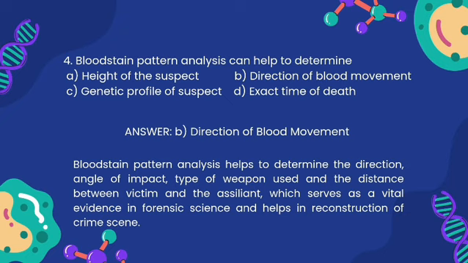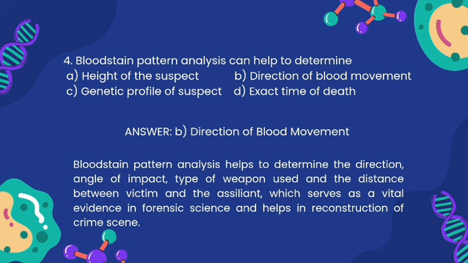The analysis of bloodstain pattern would help us to determine the direction and the angle of impact, the type of weapon used, and the distance between the victim and the assailant, which will serve as vital evidence in forensic science and help to reconstruct the crime scene. Other than this, height of the suspect, genetic profile of the suspect, and the exact time of death cannot be determined